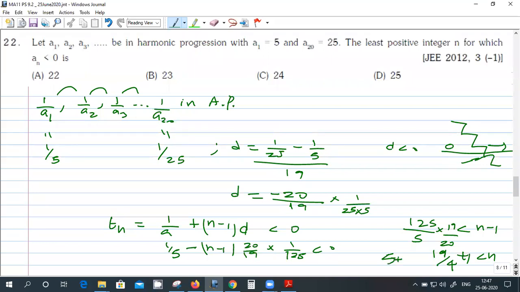So it is 5 plus 3 by 4. Yeah, I think I made a mistake here. 25 plus 3 by 4. Silly mistake. I didn't understand that step. Up to this is correct, no? Okay, so it is 25